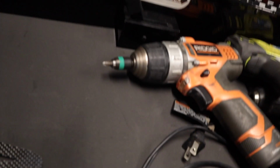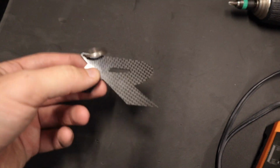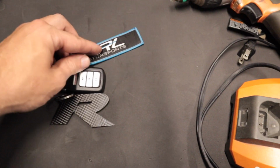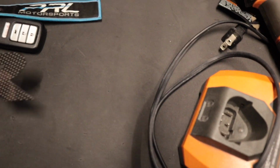Let me show you something that Zach brought over that he wanted me to share with you all. What are your guys' thoughts on a real, true carbon fiber keychain R for your keys? Now keep in mind, this one, the R, is just a prototype. It's a little too big. We want to scale it down just a little bit more. So here's your standard key fob and the R. I was telling him maybe we should make it a quarter of this size. We need to size it down a little bit, but I think this would be super cool to have